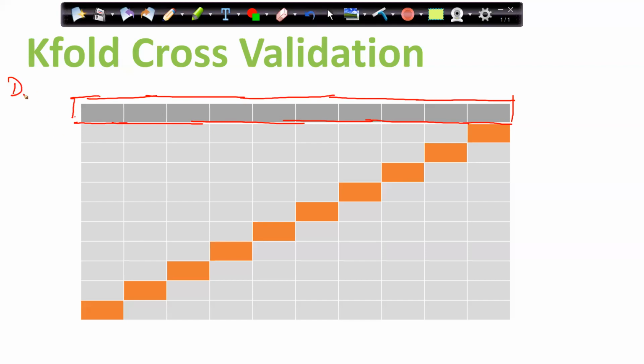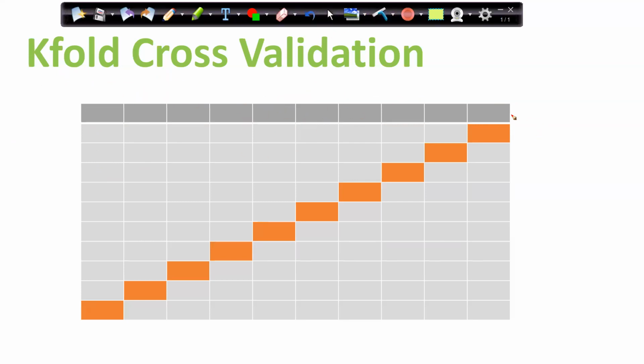So basically I had DN. In that DN, I had D train, let's say 80% of the records, and I have D test, which is 20% of the records, right? This is my 80% of the records. I did not break it further into cross validation. So this is my 80% of the records, which is the train data.